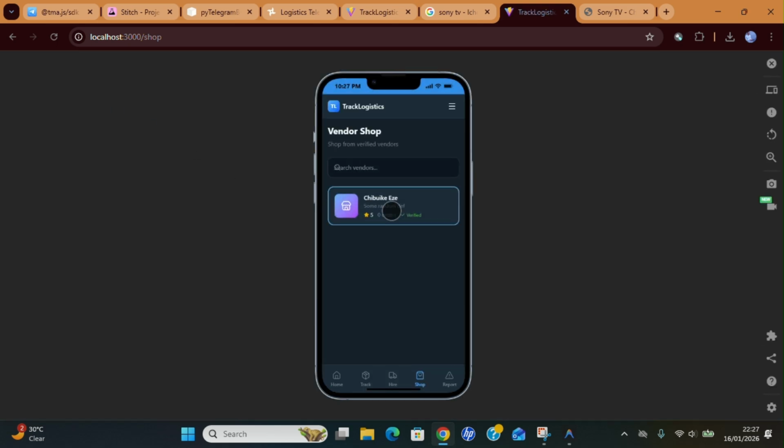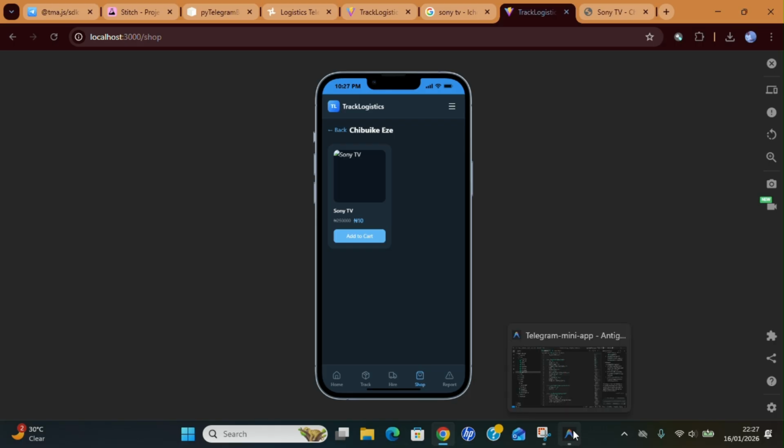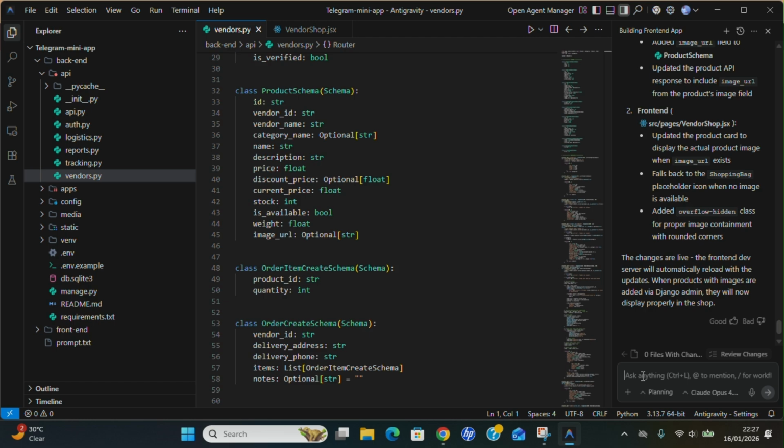So we are right in the shop. Let's pick it. You can see the image is broken, which means this image is not being properly loaded. Let's see if there is a problem with this image. But we're not going to be doing much because I don't have the time to start looking for all these things. So let's just go back there and tell it the image